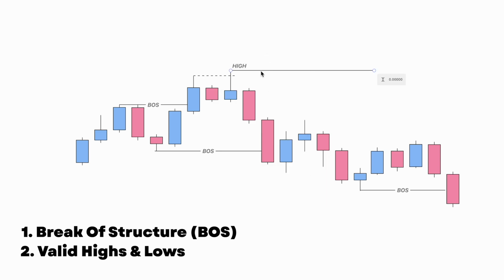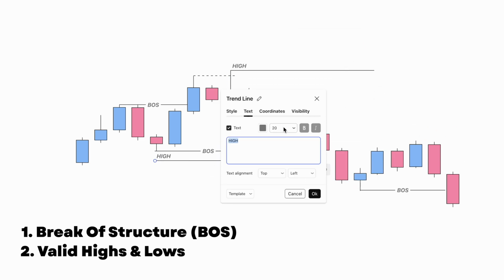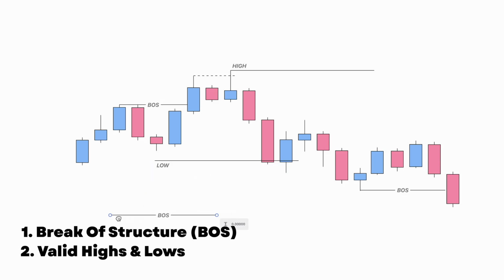Now we need a low in the market. Now, a valid low at this point is where this break of structure sits. So let me just change this to a low, and we'll put this to the bottom. And we're just going to remove this BOS at the moment so you can understand the concept. Once we are here, and